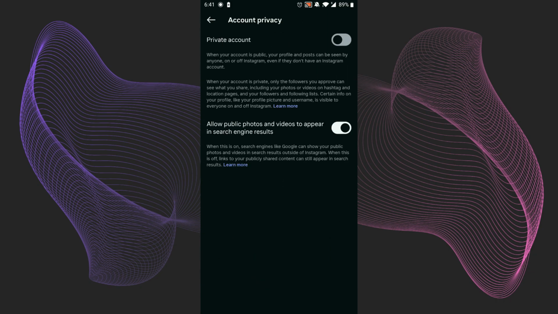And now the first option that you can actually do is to enable private account. So this will change the privacy for your following list and the followers to private, and nobody can actually see it unless they are actually following you. So if you don't want even the followers to see the following list, or you don't want to make your